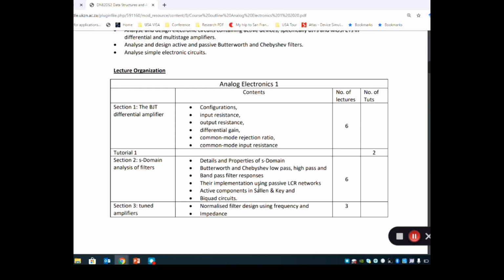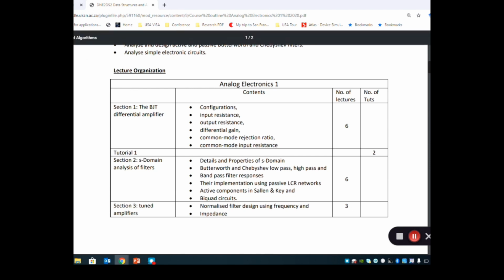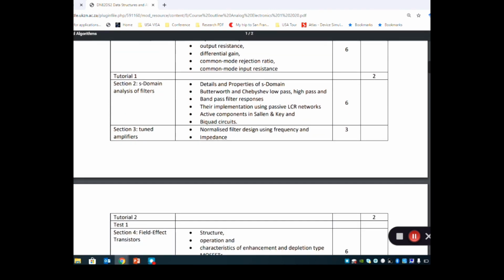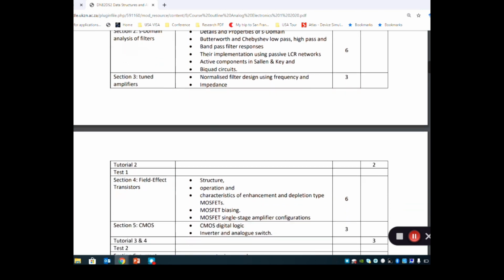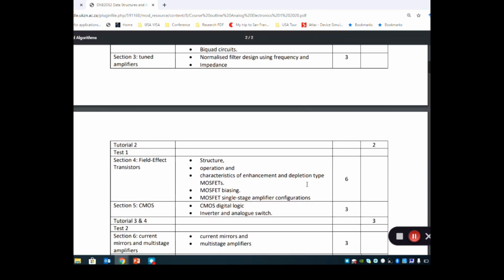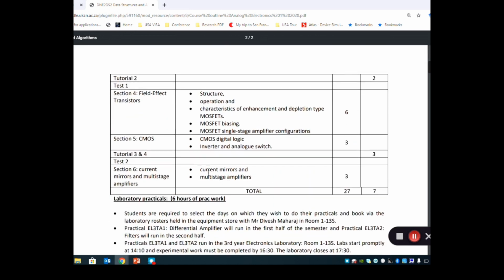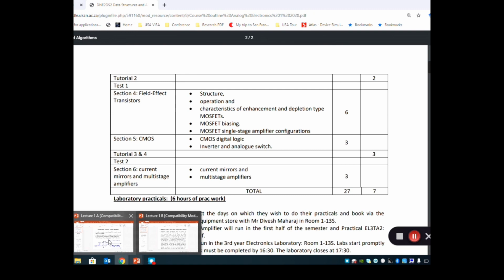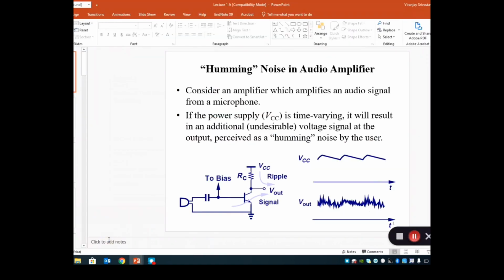So in this coming week, the first and second week, we will do the revision for these amplifiers. After 2 weeks, maybe in the third week and onwards, we will do the MOSFET and its analysis in terms of switches, and then again the current mirror and multi-stage amplifier using the MOSFET. So first I am taking you to the previous lectures we have already done. It is only for revision purposes.